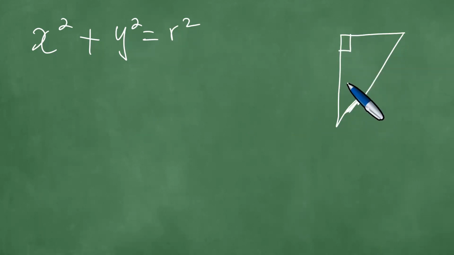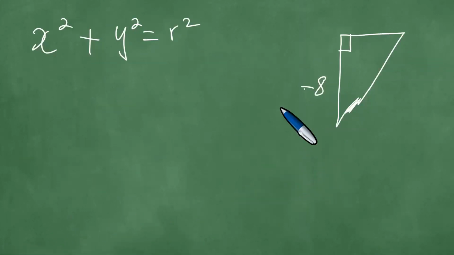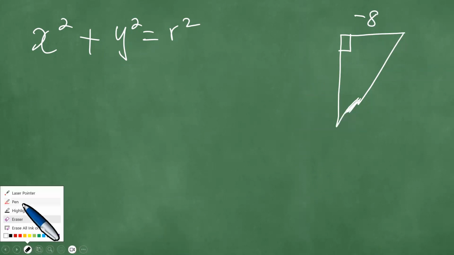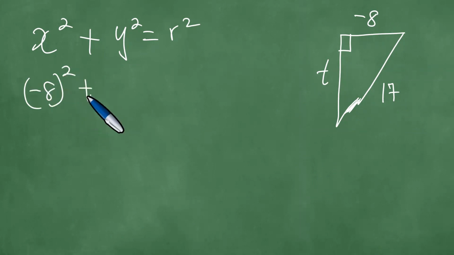Rather, the x is -8 and the y is t, and the r is 17. Right, using Pythagoras theorem, we're able to see that our x is -8 squared, the y squared, and the r is exactly 17 squared,